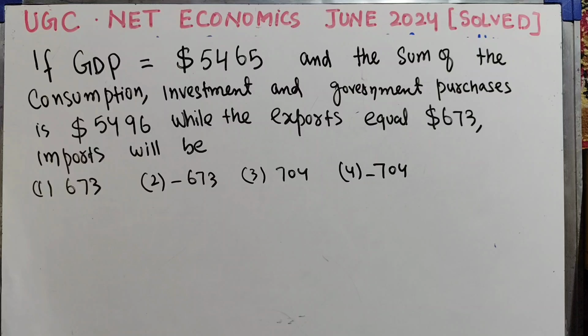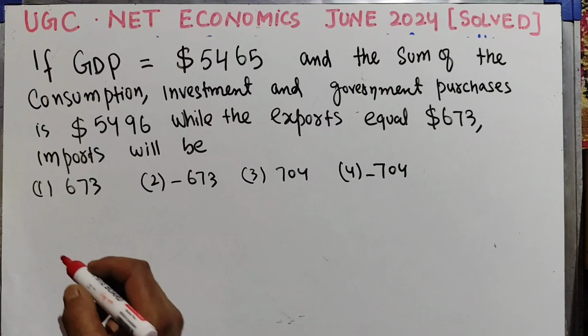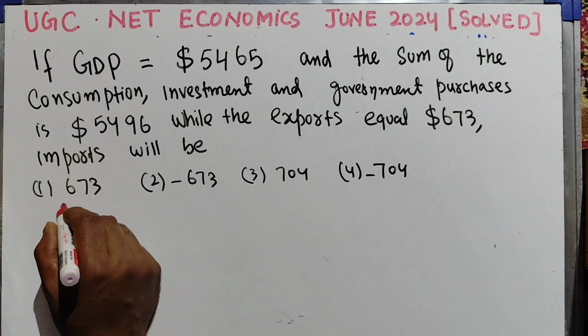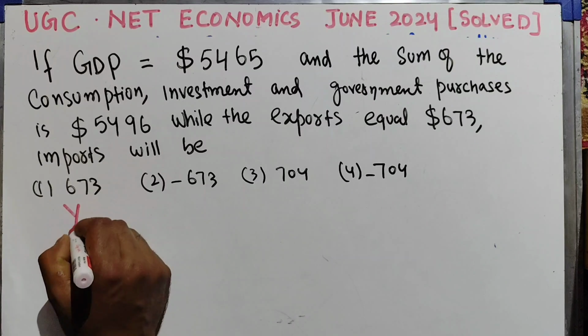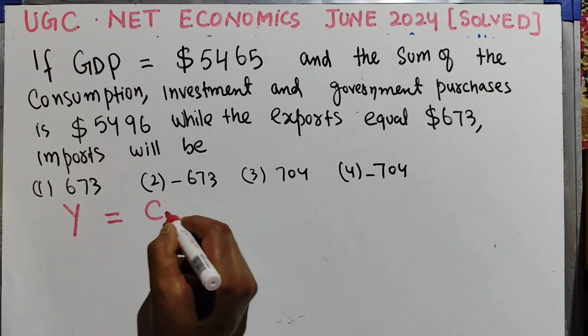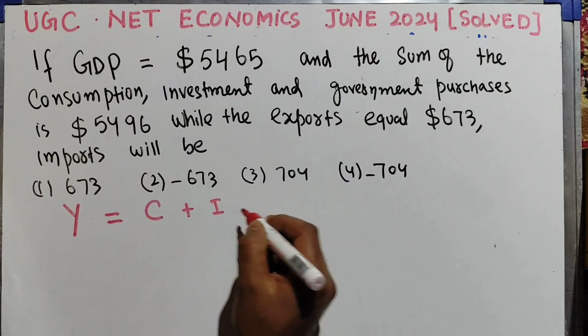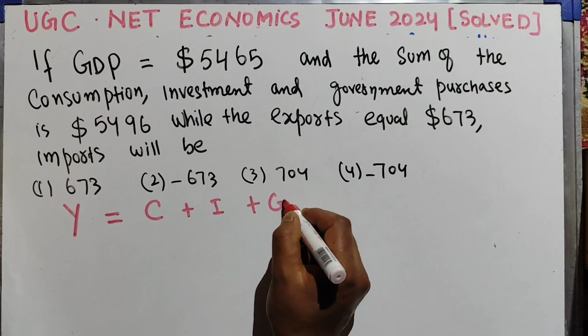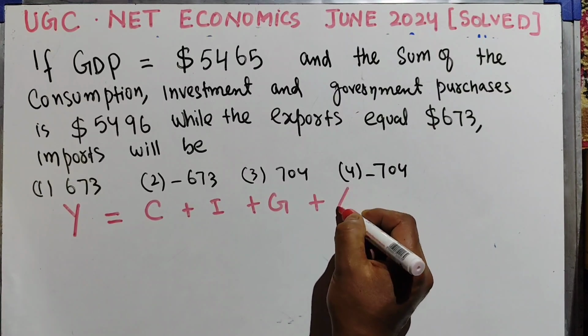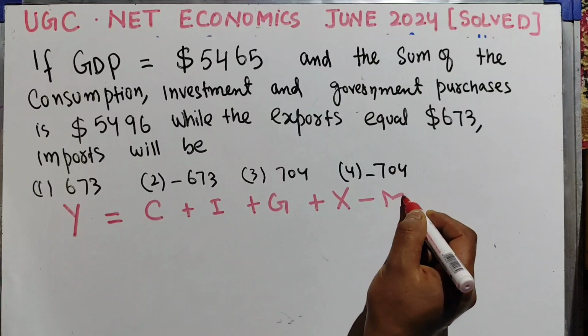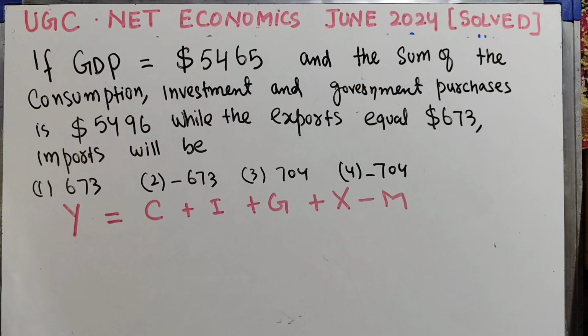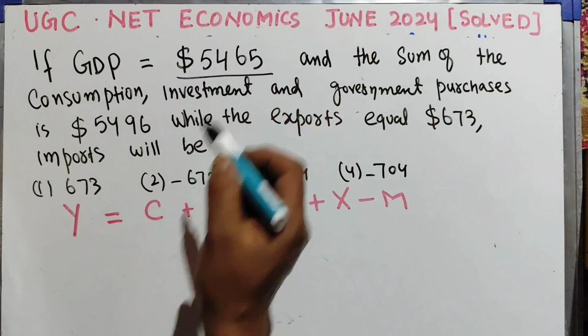Okay, so we know our national income identity in case of open economy, that means our total GDP, that is Y, should be equal to the consumption expenditure plus investment expenditure plus government purchases plus exports minus imports. This is our open economy national income identity. Now this Y is here our GDP. So what is the value of GDP? That is equal to